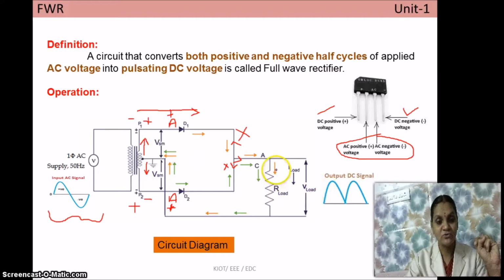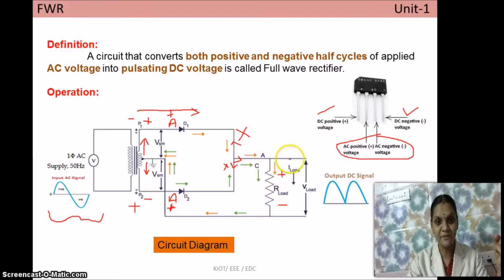And again, I told you to keep one point in your mind: during the positive half cycle, the current flowing through the load resistance RL is in the downward direction. Similarly, during the negative half cycle also the current prefers this path. See the green arrowhead, the current takes the downward direction. So whatever the half cycle, positive or negative, the current flows through the load resistance RL in one direction, unidirectional. Even though the negative half cycle has negative polarity, the rectified current has positive polarity because the current direction is the same.